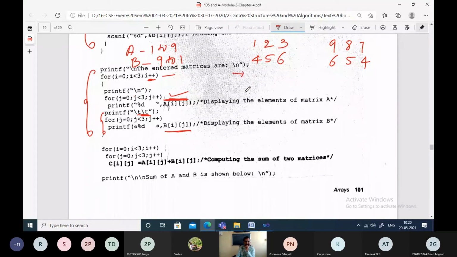Right, next row it will be showing what? After 4, 5, 6, then next row is 7, 8, 9 for matrix A, and similarly for matrix B, what are the elements? After 4 we'll get 3 to 1. So this is the scenario. What we have assumed is for matrix A you have given elements from 1 to 9. For matrix B you have given elements from 9 to 1.